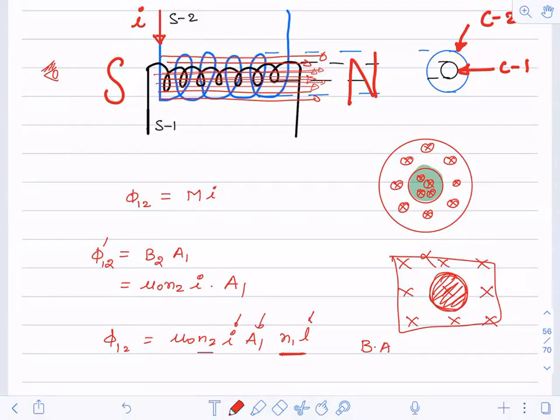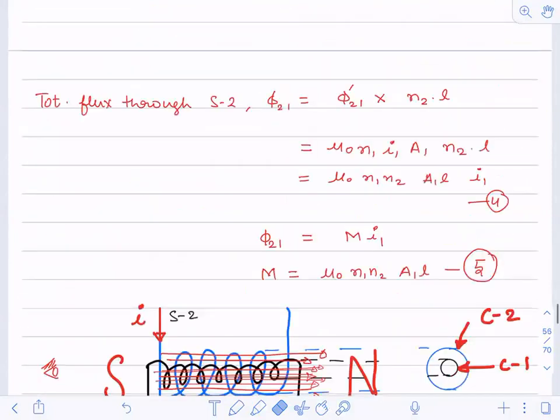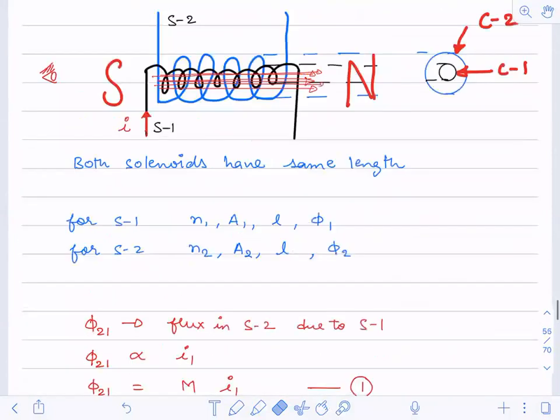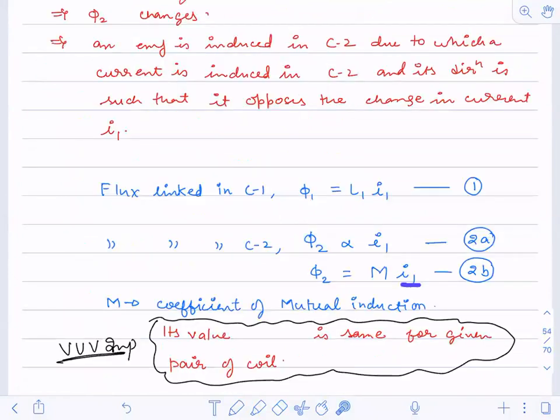Did you understand this? No, Ganesh, you will not use phi 2 1 over here because current is flowing in 2 now. So you should calculate 1, 2. This is the only thing you have to understand. When the current is flowing in any other coil, the flux will be seen for the other coil. Then only you will see mutual induction. Just check here, current is flowing in the first coil. When you calculate for the same coil, you will calculate self-induction.